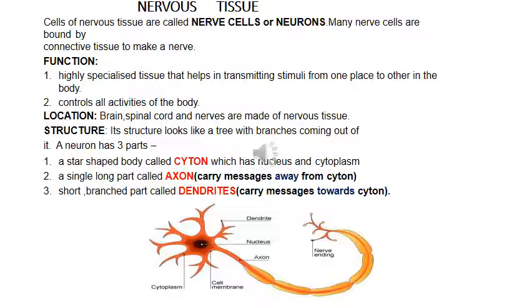Are you getting my point? So when the message is being transferred through the neuron, it is electrical, and when it reaches the gap, it is chemical. Now these chemicals will be sensed by the dendritic tip of another neuron, and then again the chemical message will be changed to electrical, chemical, electrical, chemical, and this is how they will continue. So yes, I hope children you have understood.